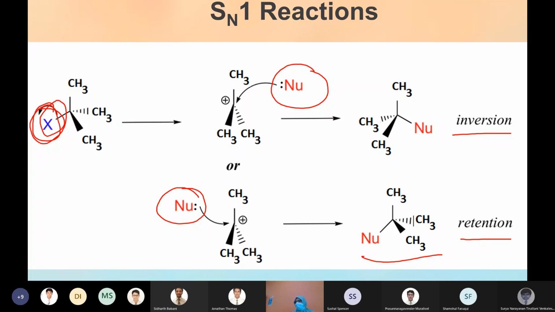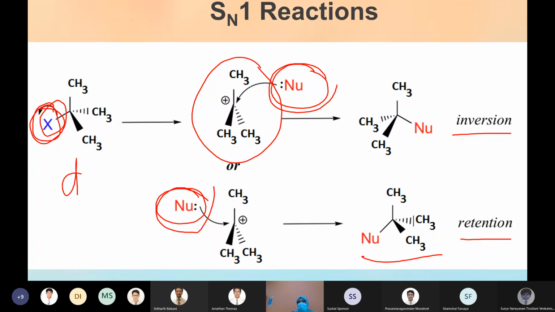But in the SN1 mechanism, as it's a two-step reaction, in the first step you are getting a carbocation. It has a positive charge, highly positive, not like a partial delta positive. It is a complete positive charge. So the nucleophile can easily attack this carbocation, and this attack can happen either in the same direction of the leaving group or in the opposite direction. So both possibilities are there, or you can say you will get a mix of product. If you start with the D isomer, for example, you will get D and L product.